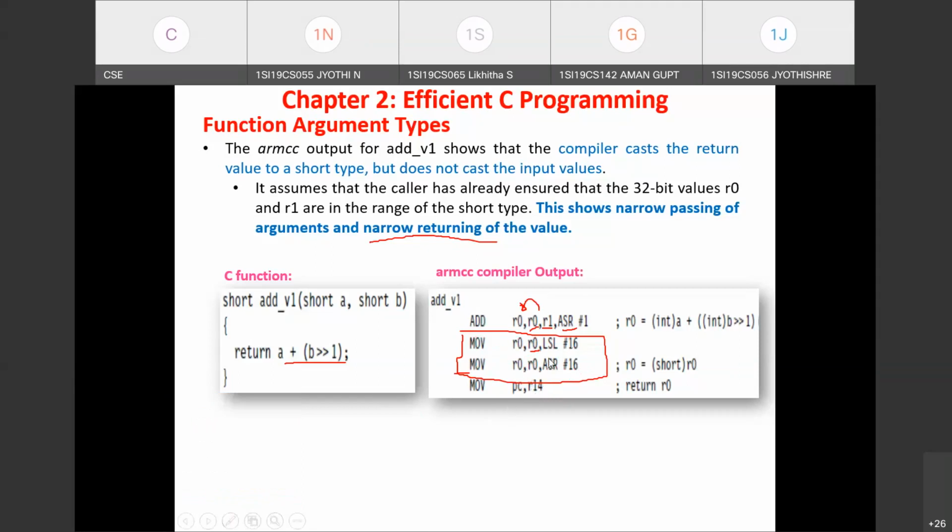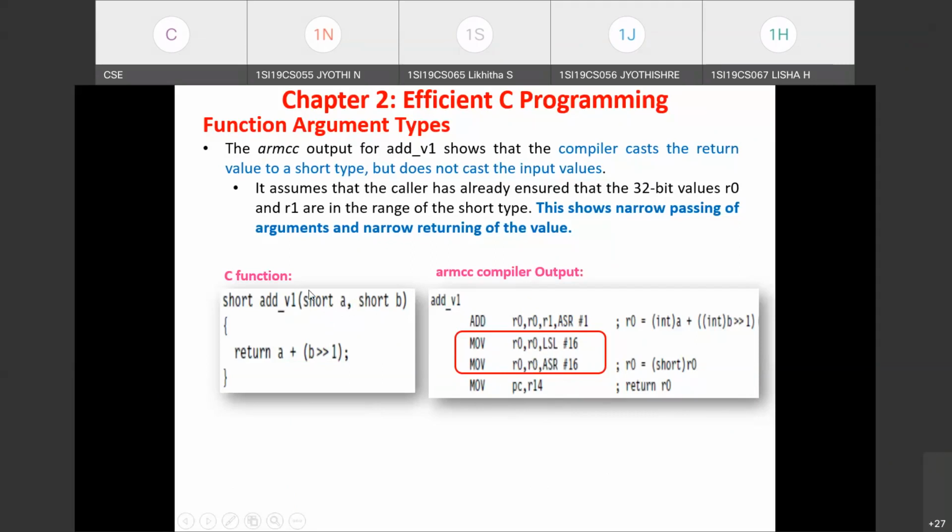And finally, once the conversion is done, we return the control to the calling function, where the link register content is copied to PC and the control is returned to the calling function. So this is what you can analyze. Just see, I have highlighted the code inserted. So the ARM CC compiler has inserted these two instructions. Since the formal argument type taken is of short data type, extra instructions are added in the compiler output for reducing the range of value held in this register to 16-bit, that is the short range. So those are the two instructions that are inserted.